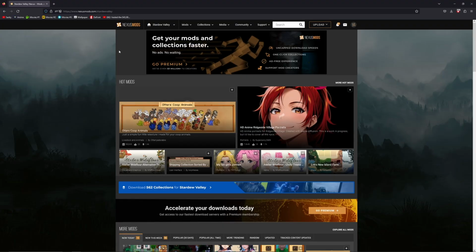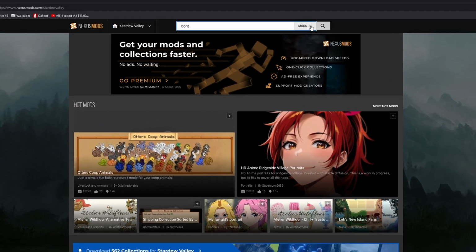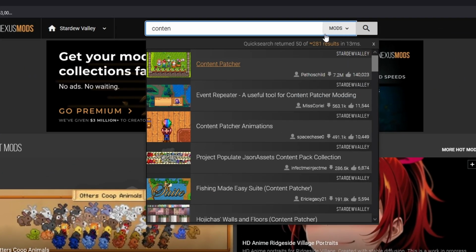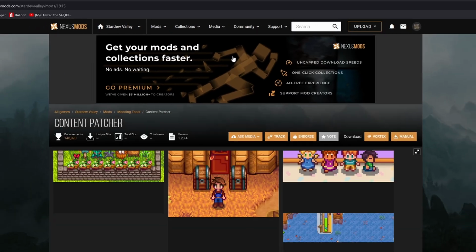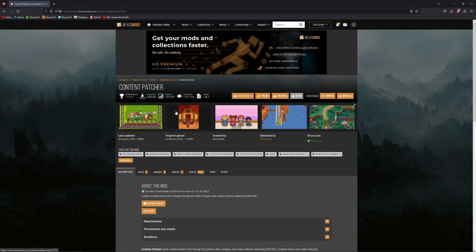So just go back to Google and go back to Nexus. There's only one mod you really need to install, and it's called Content Patcher. The reason you need to install this is simply because so many mods require Content Patcher, you might as well download it, because when you try and download a mod later, you're more than likely going to download Content Patcher